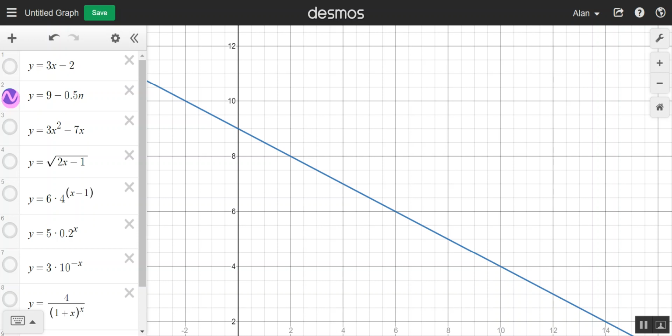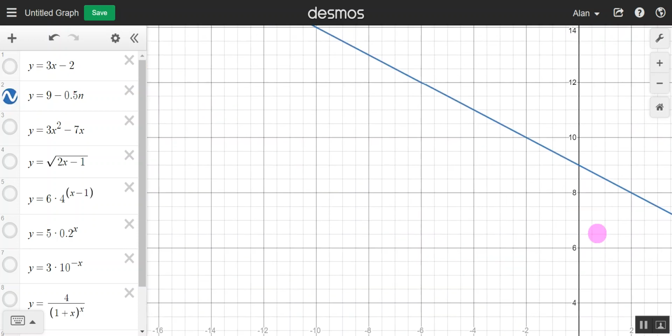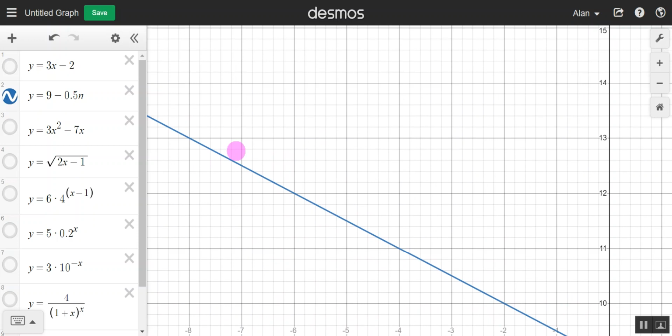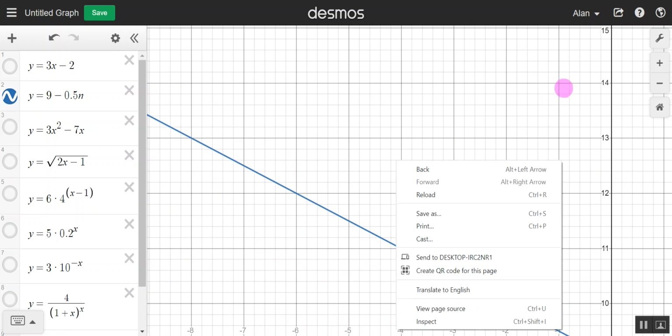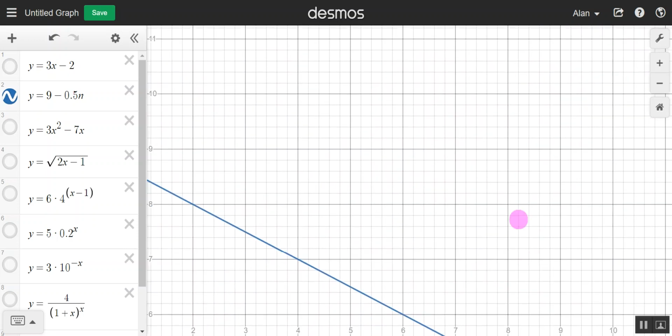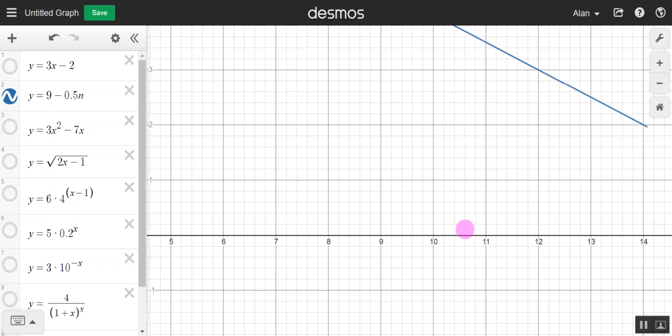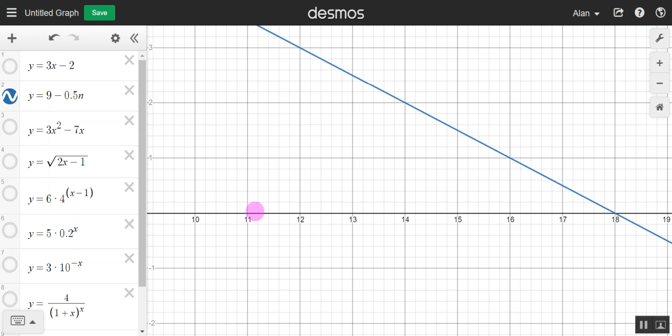You could argue, but that's not the case, because if we start back here, then it's not negative. But that's not the question. It's if we went infinitely positive in the x values, if that got bigger, what happens to the y? So we're kind of going infinitely off in this direction. And you can see that we will get infinitely negative. Once we've gone over the axis there, it will just carry on getting more and more negative, but it will be at a constant rate.